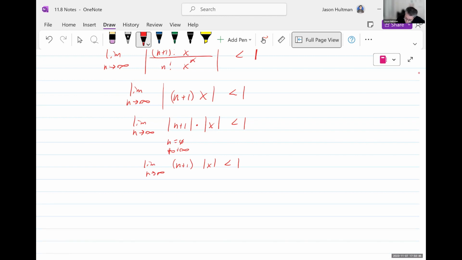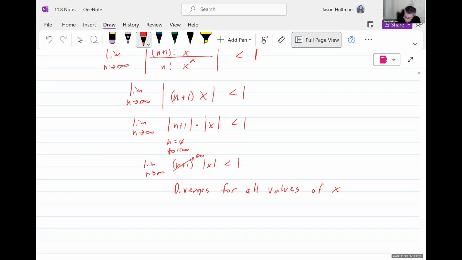The only value of x where this thing doesn't go to infinity is when x is 0. So we say that this diverges for all values of x except,